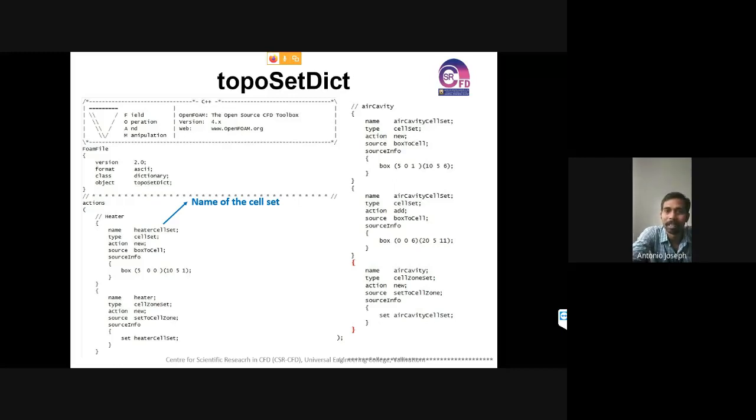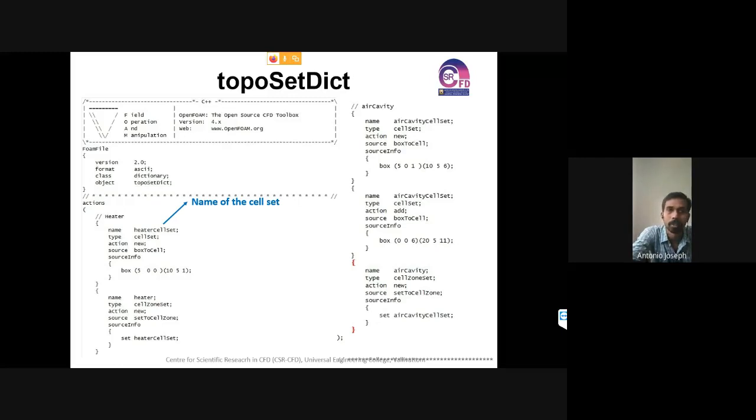We are using the minimum and maximum point values for creating the boxes. Initially we have a big box created in the blockMesh dictionary, and then we use this topoSet dictionary for creating small boxes. That command is boxToCell, which can be used for creating the boxes, and we specify the dimensions of the boxes, that is, the minimum coordinate as well as the maximum coordinate.